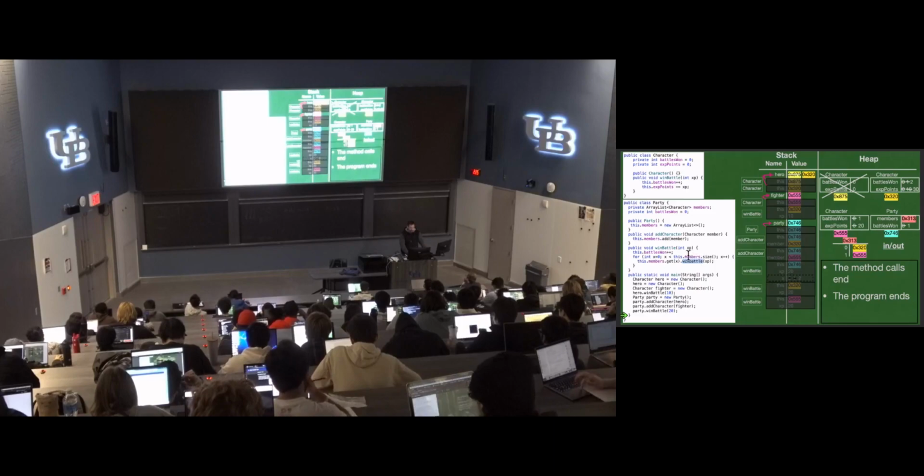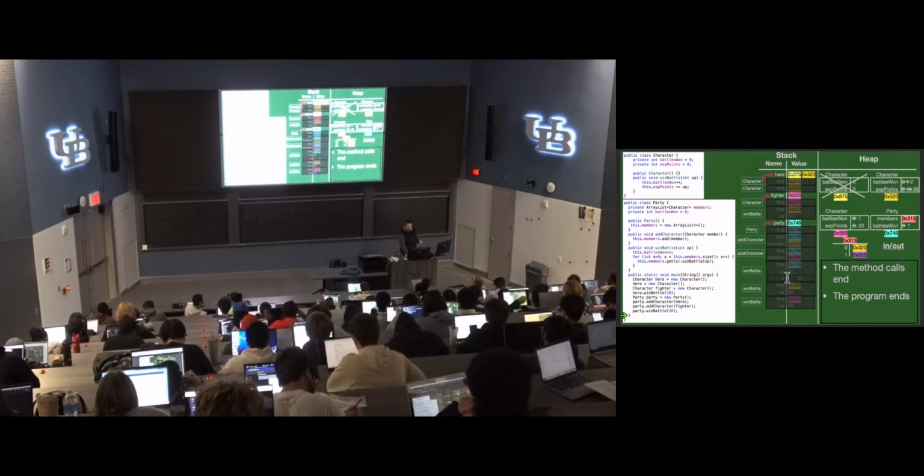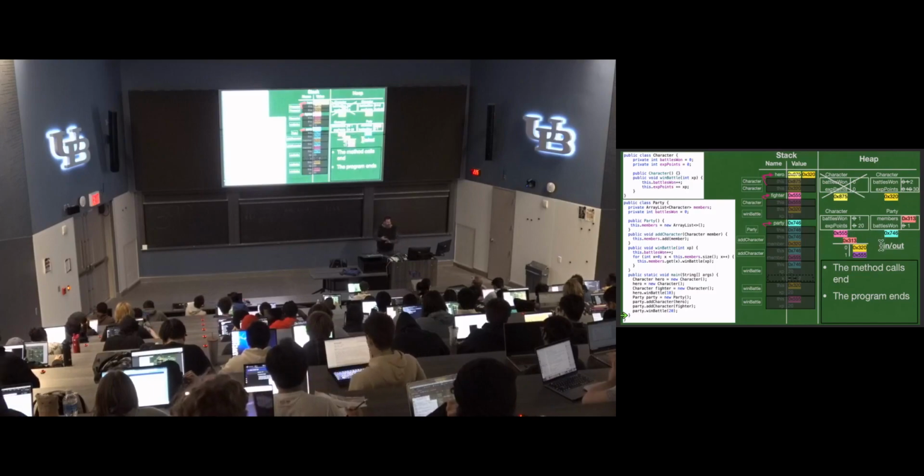So we call win battle, the first iteration of the loop. And when we loop around again with x equals 1, we're going to call win battle again with the second element in the array list. So we do get 2 stack frames. We actually get 3 win battles. The party's win battle, the first character's win battle at 320, and the second character's win battle at 555. So we do get 3 calls on the stack of win battle methods, 2 different methods, and one of those 2 different times called with